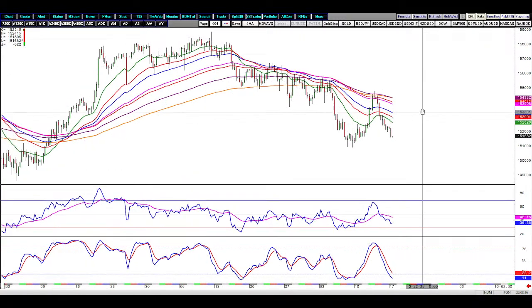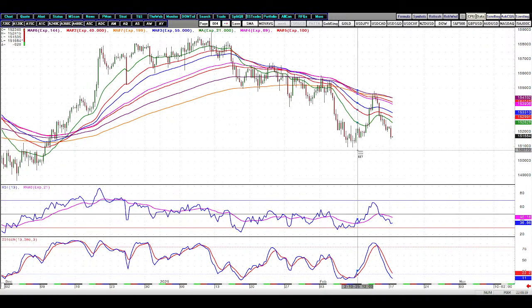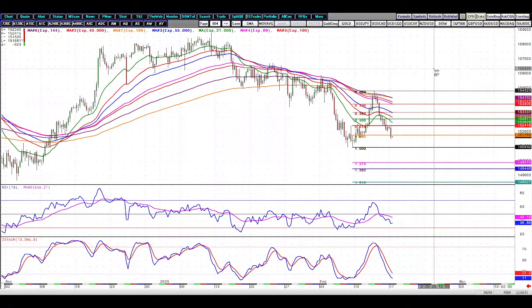Okay, right now I think this has already started breaking and is going to test the previous low. If it breaks, I think we should see the price heading towards 149.90 or 149.45. Okay, so what we should be doing is looking to sell near